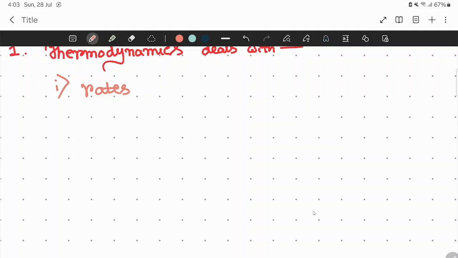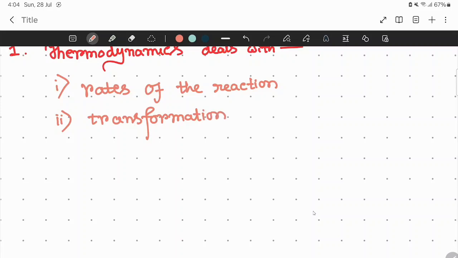These are very basic questions, I know, but still let me discuss. Second one is transformation of energies. Third option,